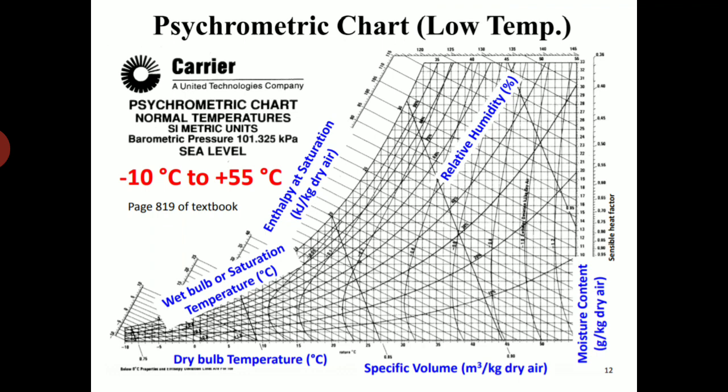That is called a saturation curve. Enthalpy lines you can see, in kilojoules per kg of dry air. Relative humidity phi values, the curved lines, are called relative humidity lines. In detail I'll try to explain. The specific humidity lines are on the right hand side of the y axis. This is the chart that will be provided to you in order to obtain different properties of psychrometrics.